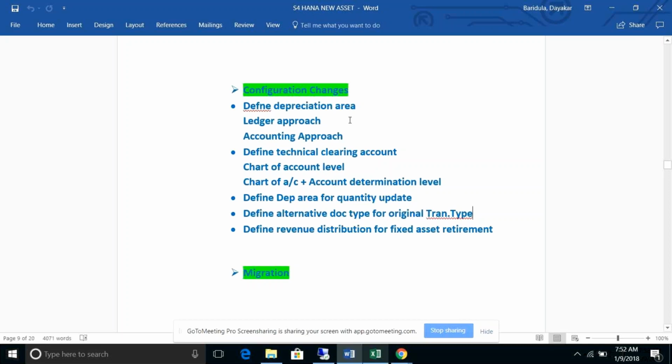But finalization of these things and getting the requirement from the business, those are all the things you need to take care of. According to the business requirement, we again need to collect the DCS, the data collection sheet in normal terminology, where you collect all the requirements from the client and capture them in the templates. In the same way, you need to do the configuration. So before finalization of your depreciation areas and reporting for multiple currencies, multiple depreciation areas and accounting principles, we need to take care of those things.